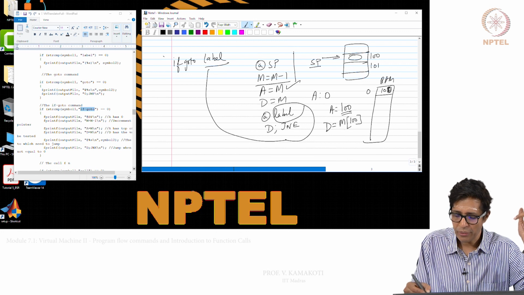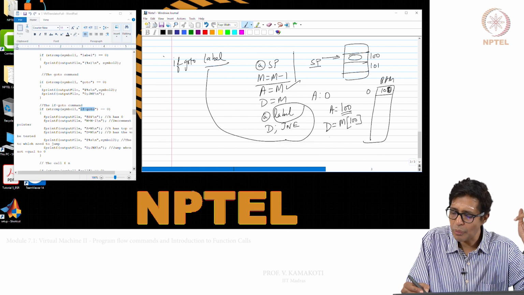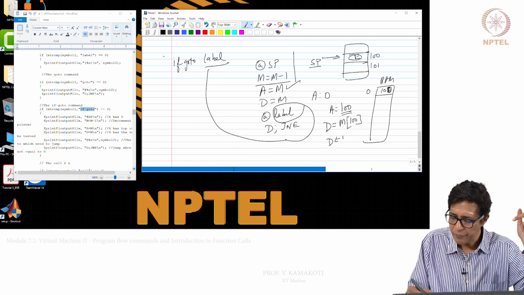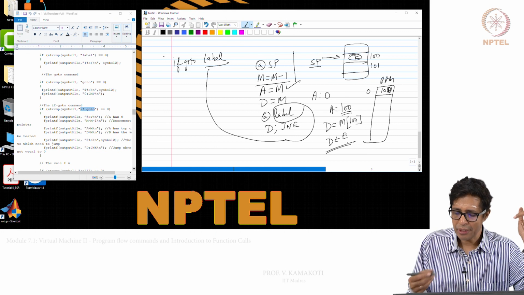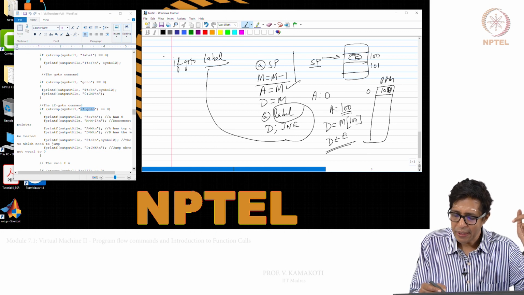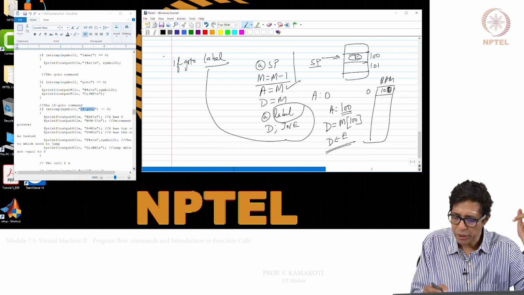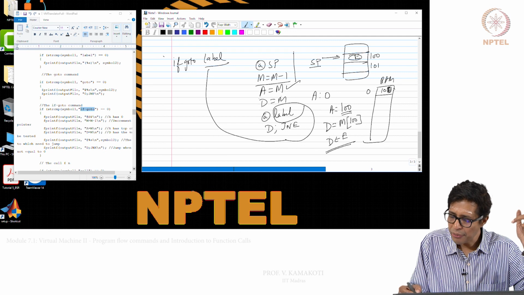This D will get whatever value is there, some element E. To repeat, my SP has now become 100. After that, I say A equal to m. That means A equal to m of 0. M of 0 contains 100.